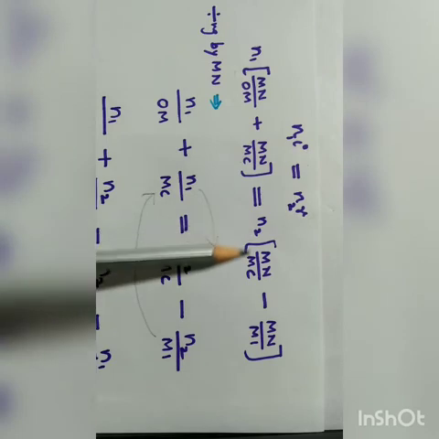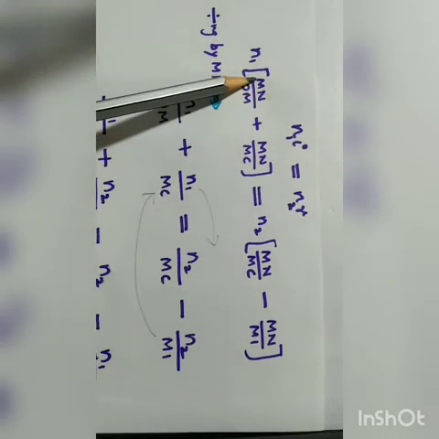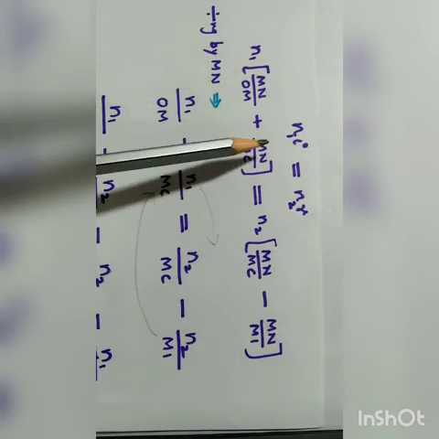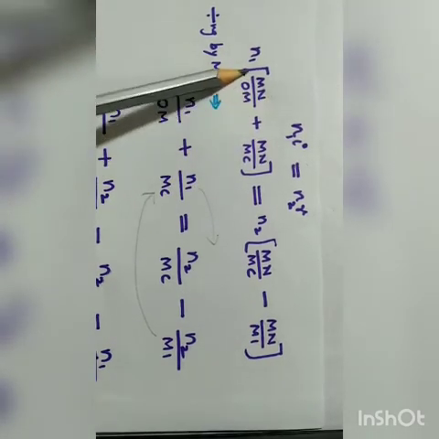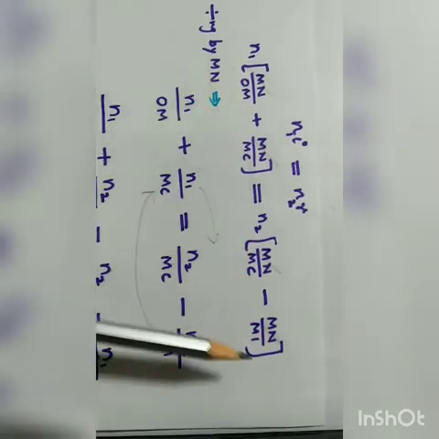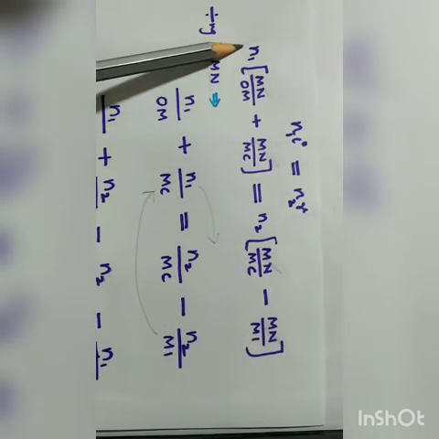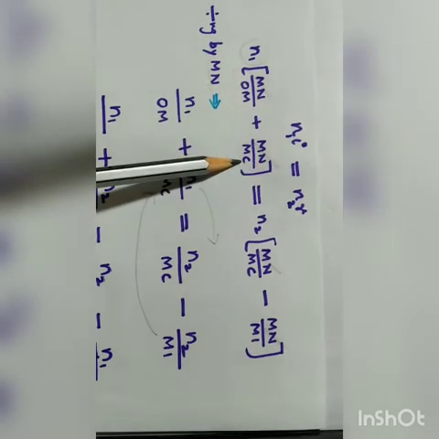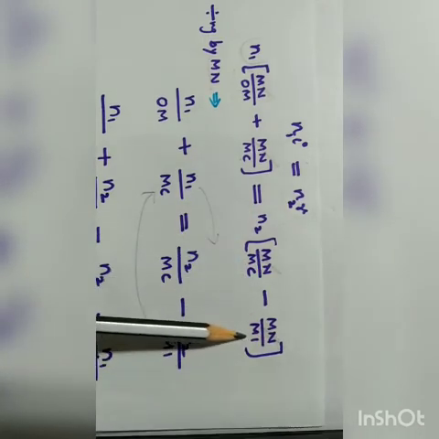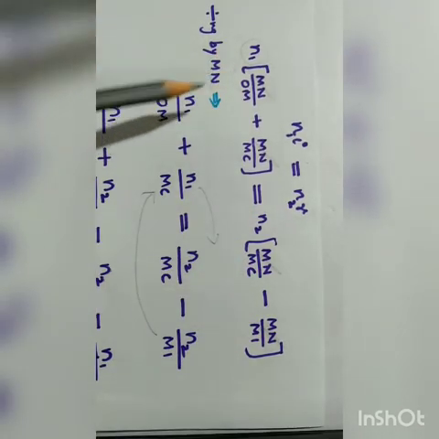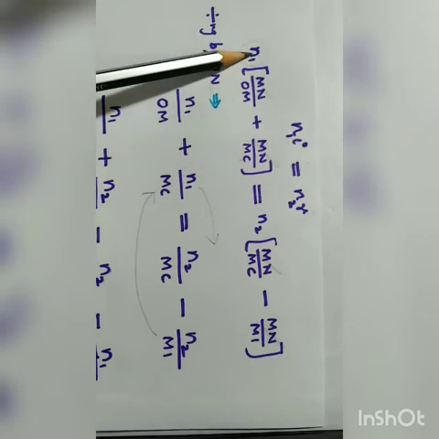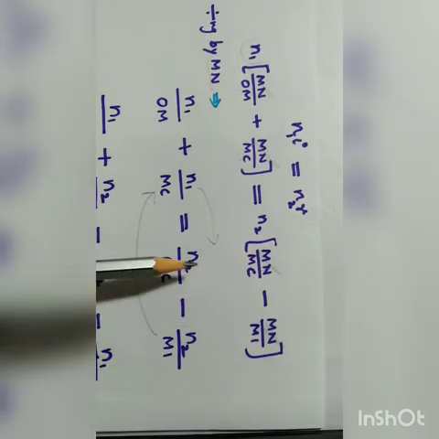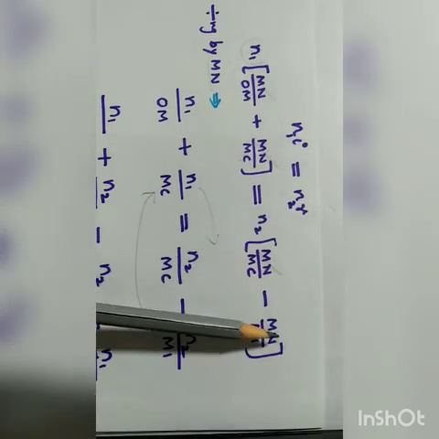We can divide the whole equation by MN. So what happens? All the MN's get cancelled. And let us open the bracket. When MN goes, you get 1 by OM, 1 by MC, 1 by MC, 1 by MI. Let us open the bracket with n1. n1 by OM plus n1 by MC is equal to n2, open the bracket, n2 by MC minus n2 by